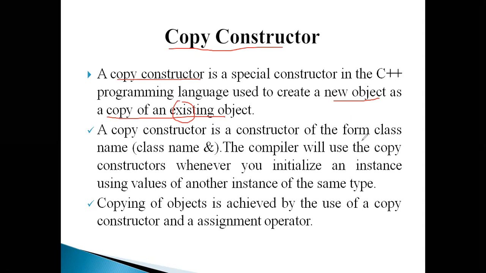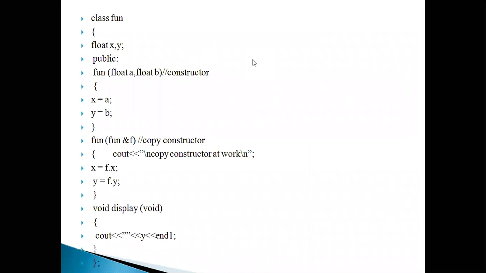A copy constructor is in the form of the class name and an ampersand, and it is going to initialize the values of one object to another object. Now look at this particular one, how we are going to achieve the copy constructor. Now observe clearly. Here I am defining a